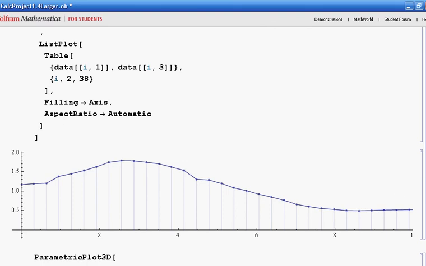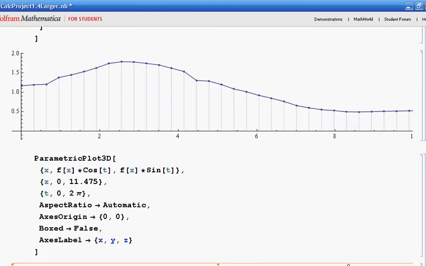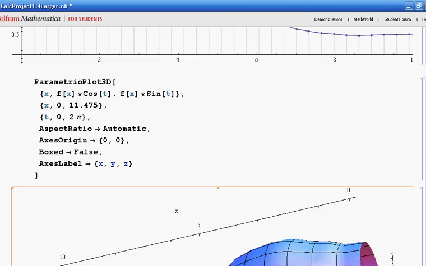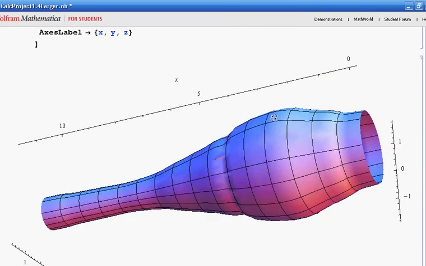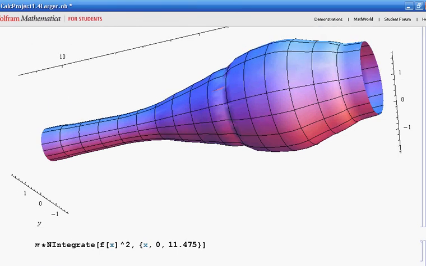It doesn't tell me what f of x is, but Mathematica knows what it is, and it's using that f of x to calculate this shape. Using that command, pi times the integral of f of x squared from a to b gives us approximately 46.636 cubic inches, and that is the volume of my